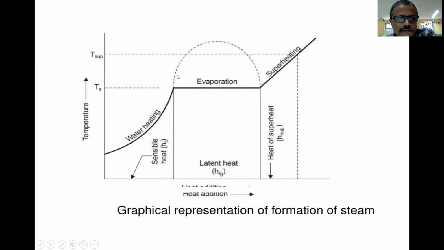So here, if you increase the pressure, what happens? If you keep on increasing this pressure, the sensible heat increases and latent heat decreases. That can be seen when the pressure increases. So again, in this diagram, we are showing sensible heat for this zone denoted by HF in your steam tables. Then there is HFG, that is latent heat. Then there is degree of superheat.